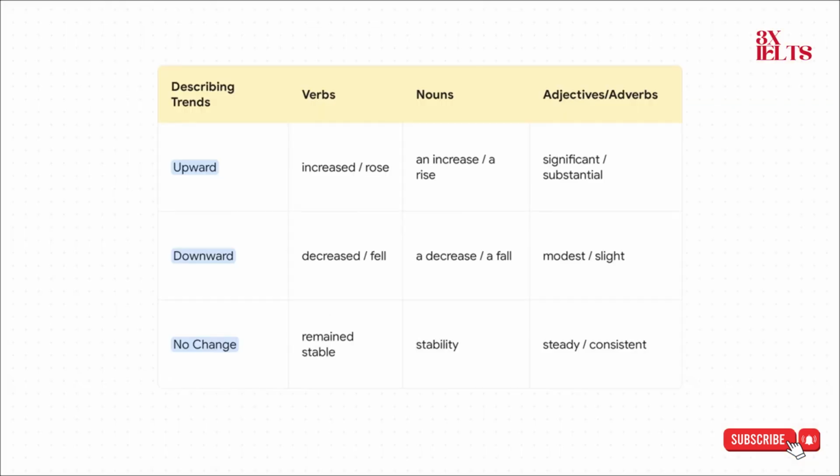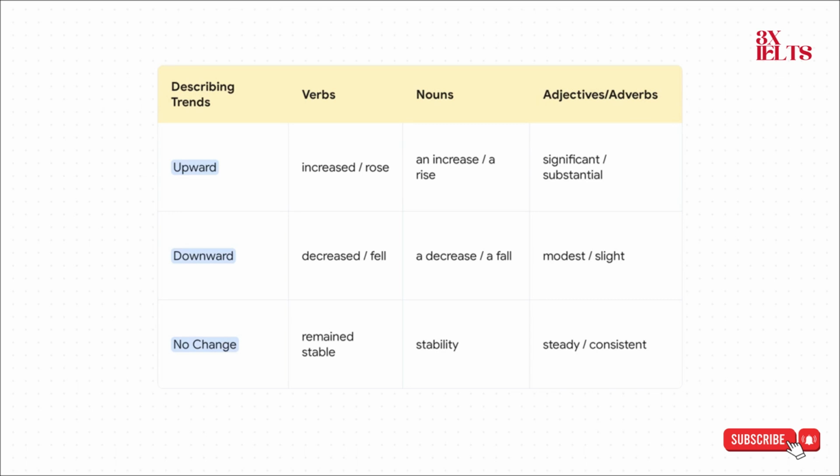Okay, here's a major tip for boosting your vocabulary score. Learn how to express the same idea in different ways. So instead of just saying, "it increased" over and over, you could say, "it rose," or you could say, "there was a significant increase," or "a substantial rise." See? Using a nice variety of verbs, nouns, and adverbs like this,